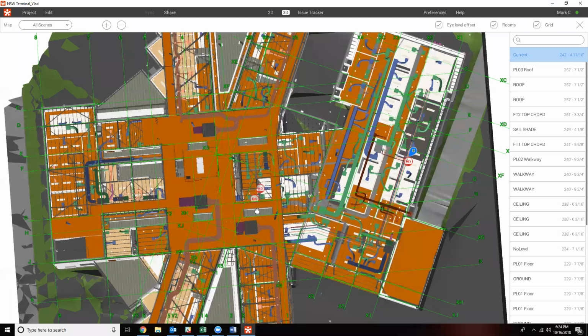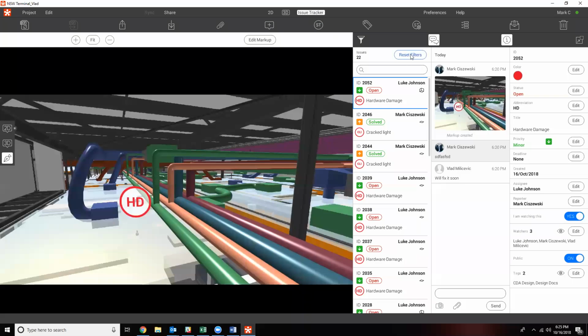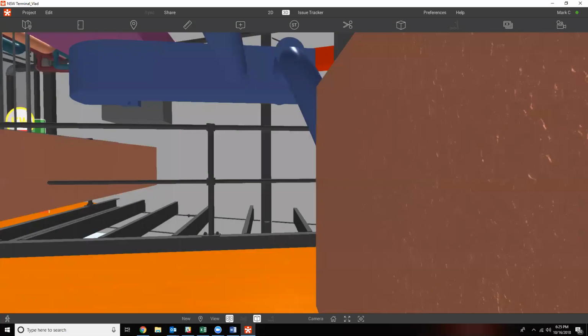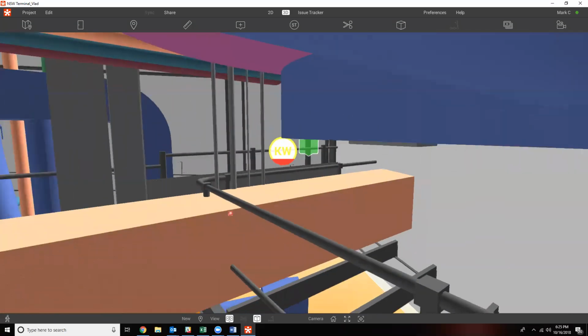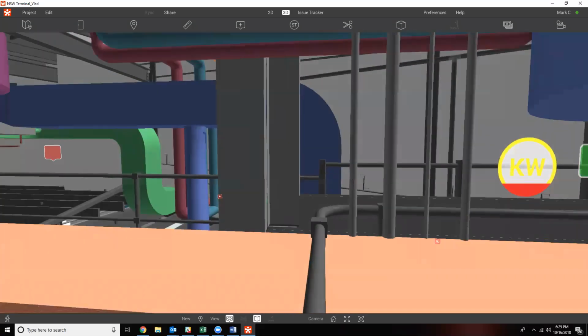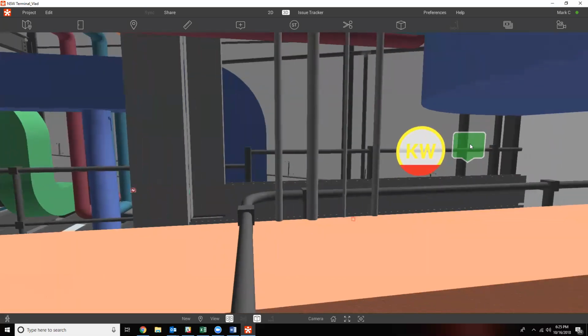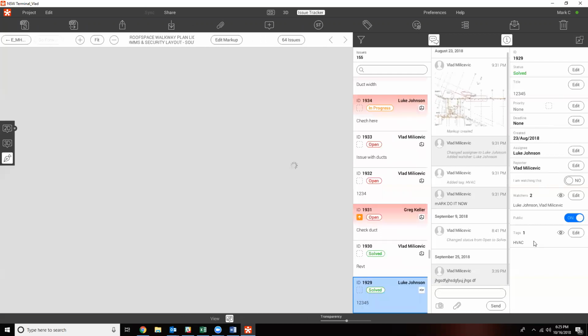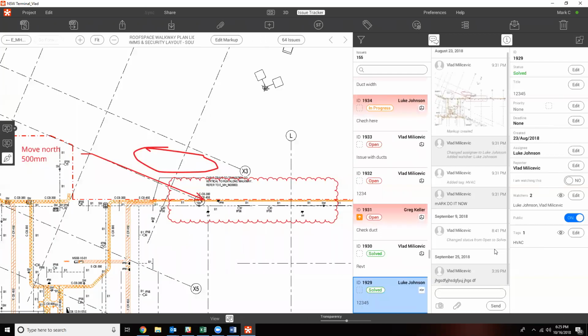The reason I'm showing you this is I think it ties in very well to VR. And for VR purposes, I'm going to actually go back and just reset this so we have a lot of those issues, and we're going to start to navigate around. So if we're taking somebody in here and we're walking through in a virtual environment, to be able to understand what this specific issue was, there's no data visually, besides we know this is ready to be signed off on. So I'm going to select the green button, and I would have to go in here and see the specific, okay, this is an HVAC issue